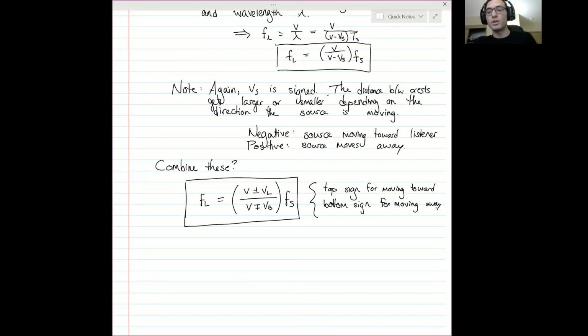So this equation can be used in all cases. If one's moving towards and one's moving away, then you can combine it. And I'll do a quick example. But just as a quick way to remember,